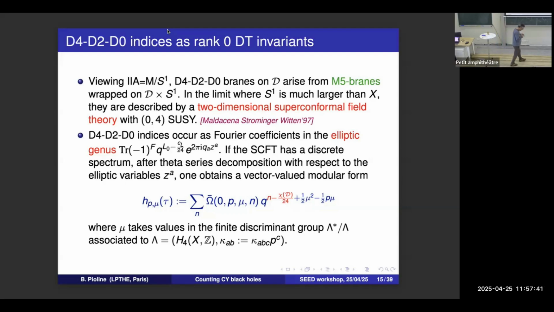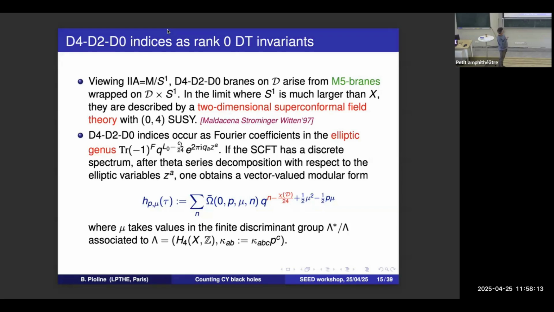And so you can actually compute the central charges of this from the data and predict the growth of this. But first of all, the important statement is that these indices, counting this D4, D0, are actually Fourier coefficients in the elliptic genus of that SCFT. So they belong to the protected sector. And if this CFT had a discrete spectrum corresponding to a nice VOA, then after theta series decomposition, you